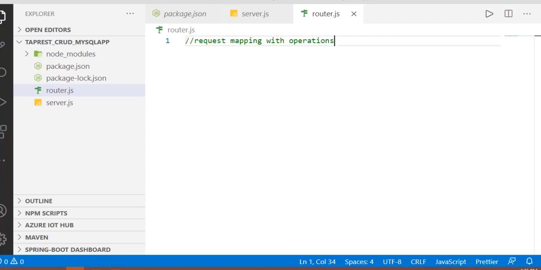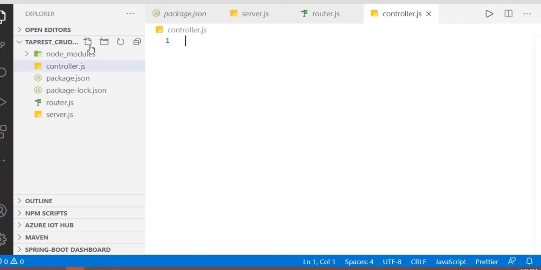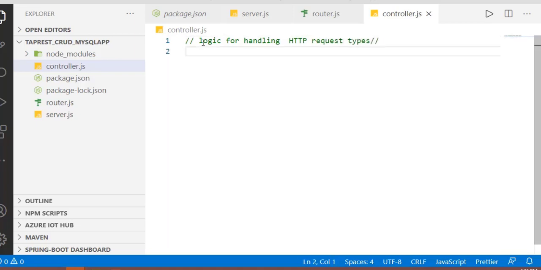We will call that file the controller. So here we will add one more JavaScript file, named controller.js. This file will contain the request handlers, for example, get request, post request, put request, delete request.